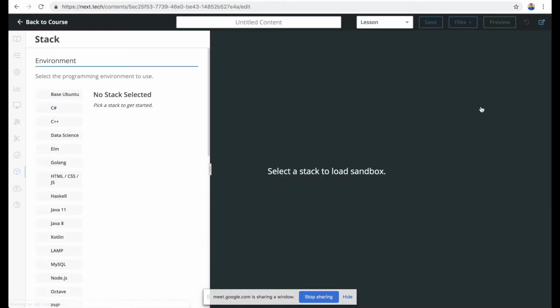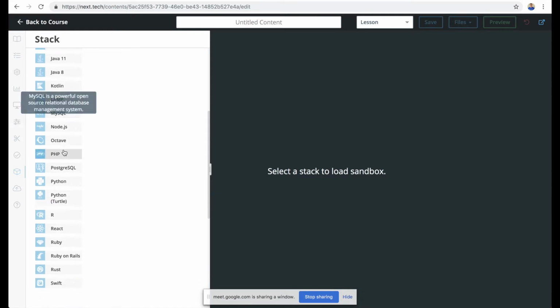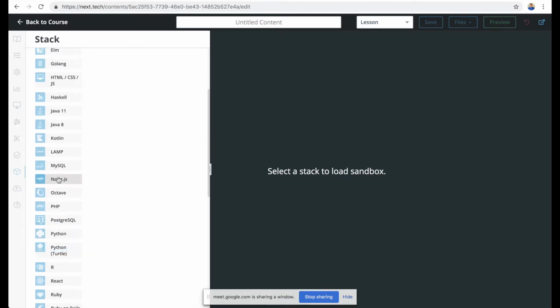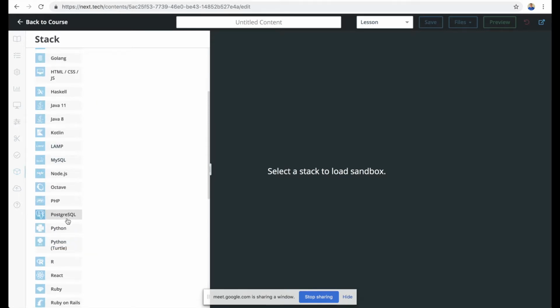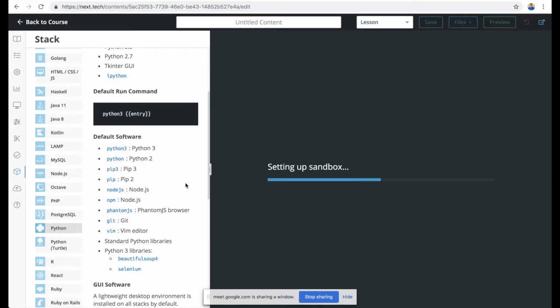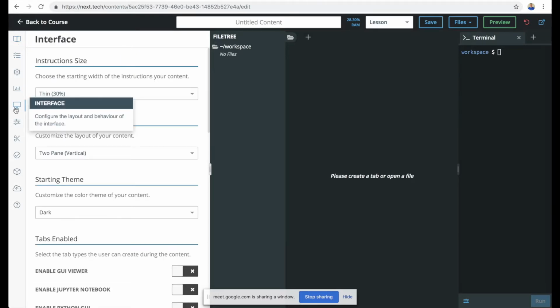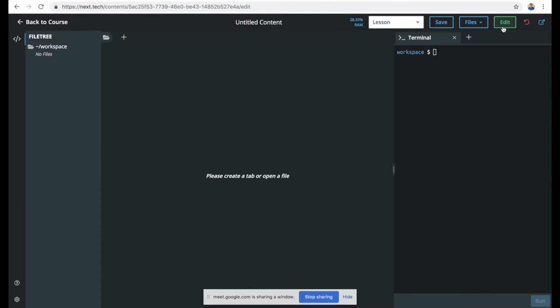So you just want to go up there and create that new content button. You're going to want to select the language that you're interested in either providing to your students or to your developers. And for this one, I'm going to pick Python. You're going to want to leave the instructions blank, but what you may want to do is fool around with the settings. So in this particular instance, I have a code editor that doesn't have any files in it, and